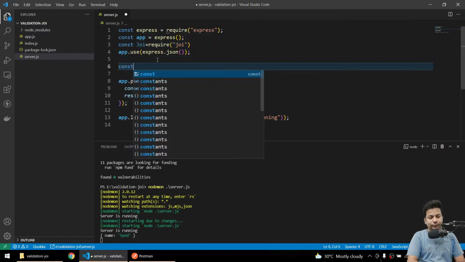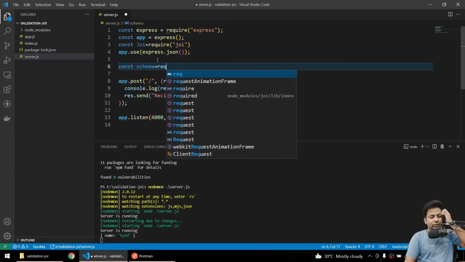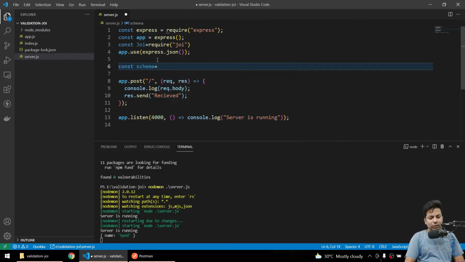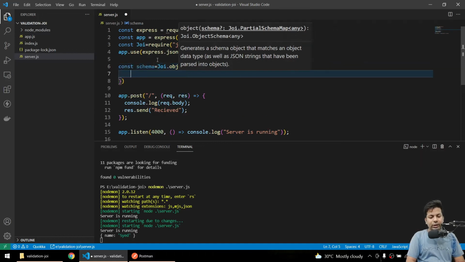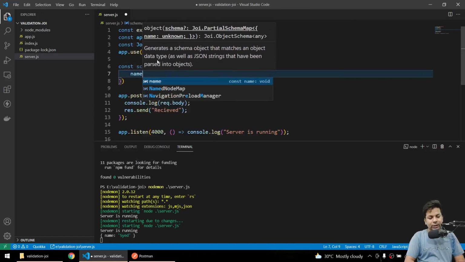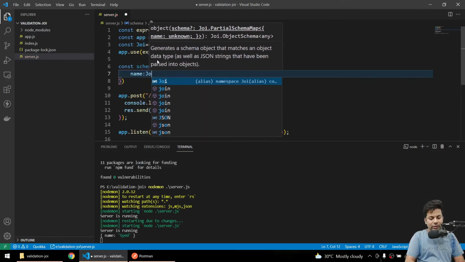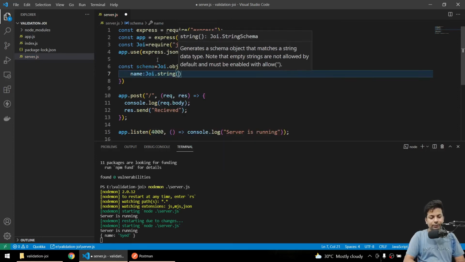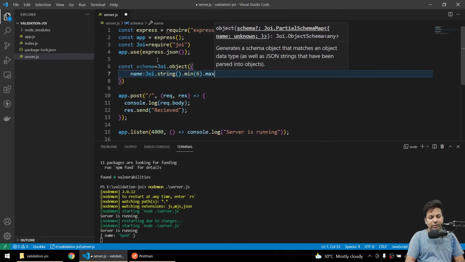So we'll say const schema equals Joi dot object, and what type of schema I'm expecting: name, which will be a string of minimum length 6, maximum 12, and is required.